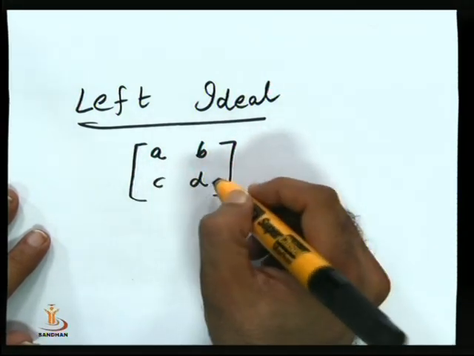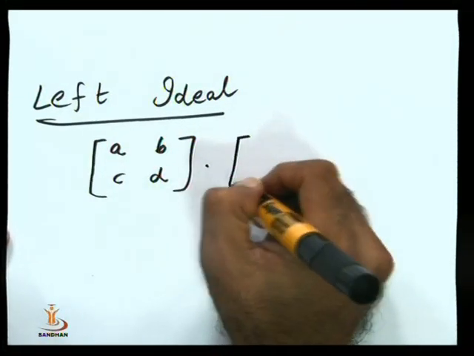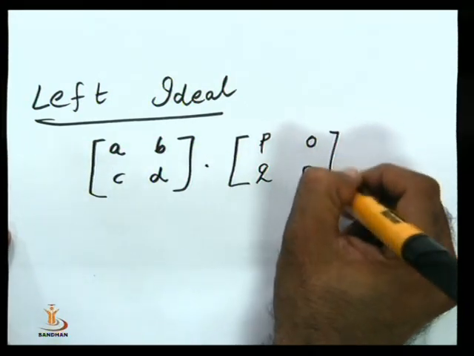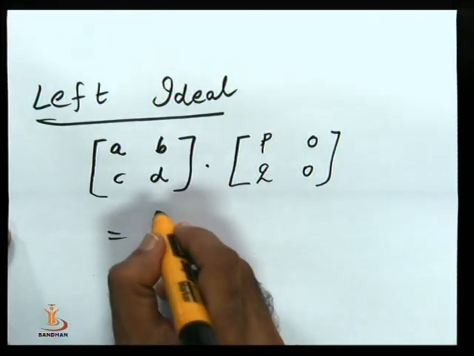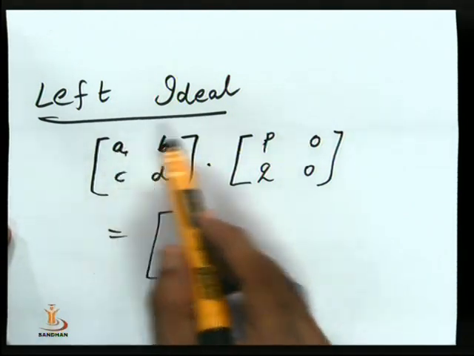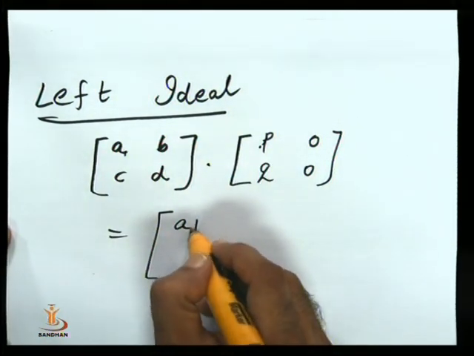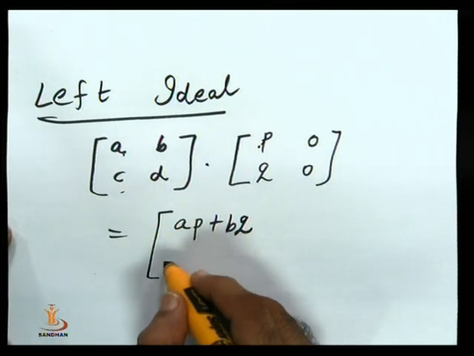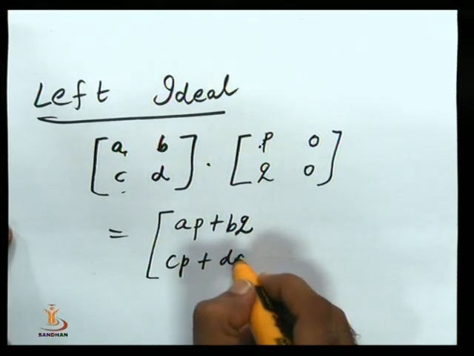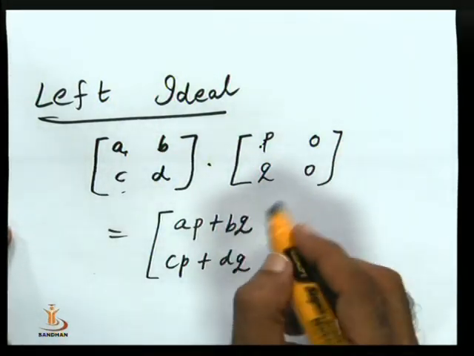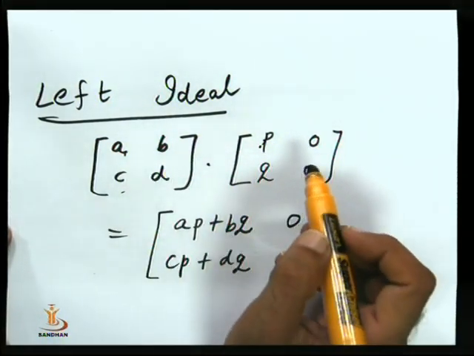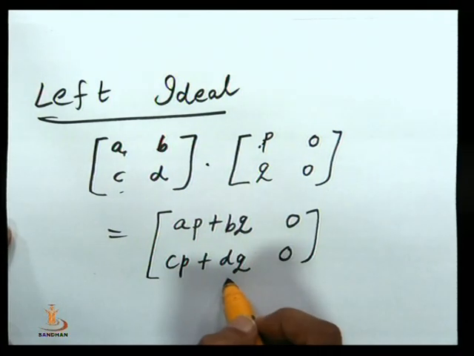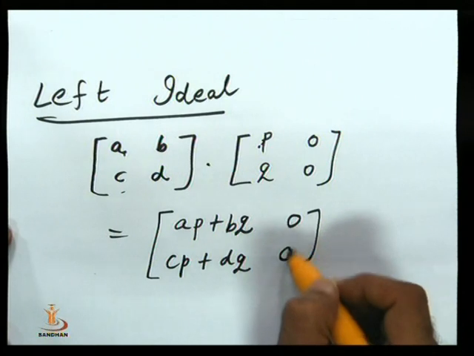So A, B, C, D are integers. Into, let us take an element of I, which is say P, Q, 0, 0. And let us see what is the output. The output is AP plus BQ here, it is CP plus DQ, 0, and this is also 0. We can see that AP plus BQ and CP plus DQ are integers and these are zeros, so